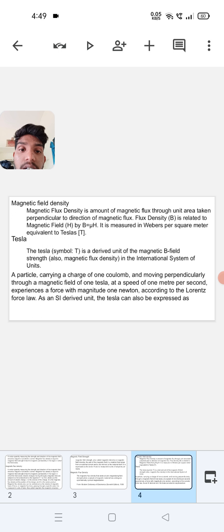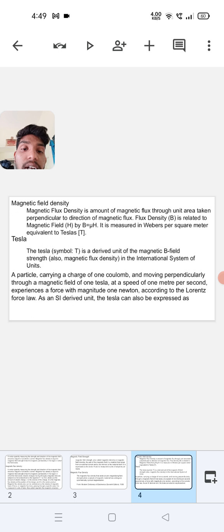Tesla, symbol T, is a derived unit of the magnetic B field strength, also magnetic flux density. In the International System of Units, a particle carrying a charge of 1 coulomb and moving perpendicularly through a magnetic field of 1 Tesla at a speed of 1 meter per second experiences a force with magnitude 1 Newton, according to